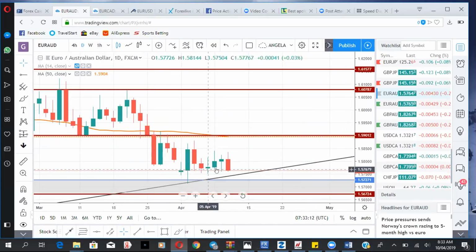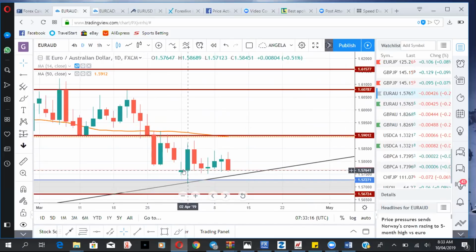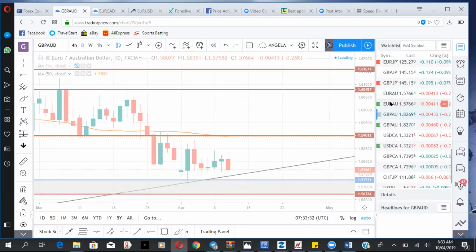You can see most of these candles are within its range, and the open price of an anchor candle is always support. As long as you don't get a close, what's its open price? The open price is 157.64. As long as you don't get a close below 157.64 on EURAUD, price still has the potential to move up.